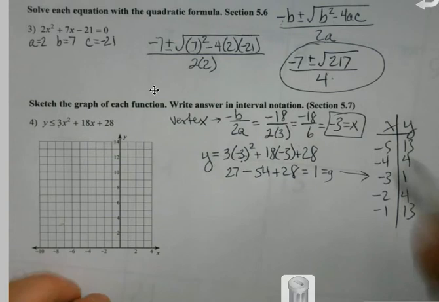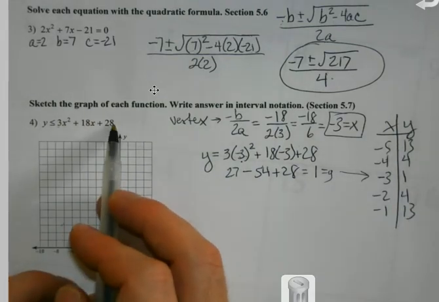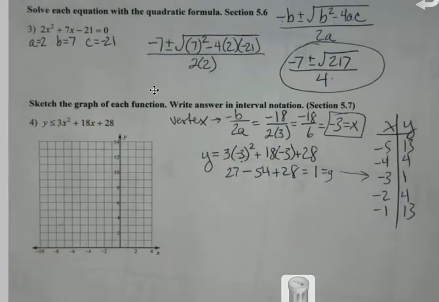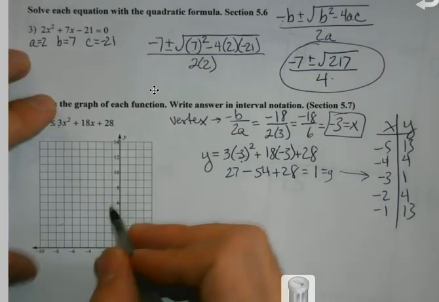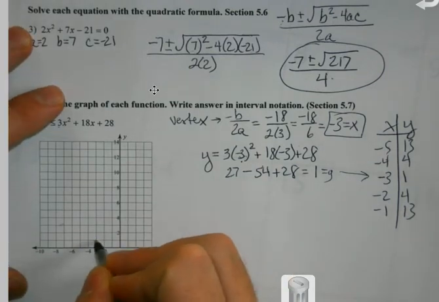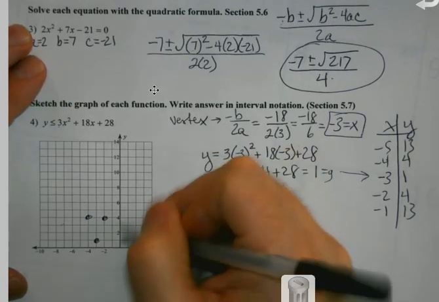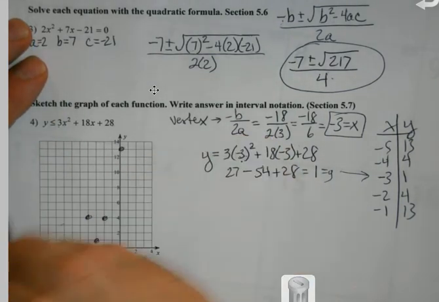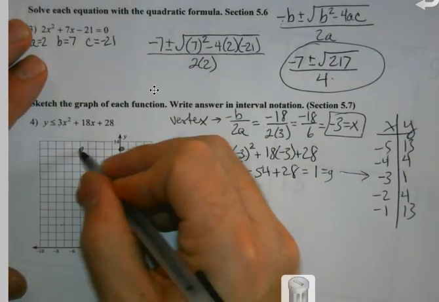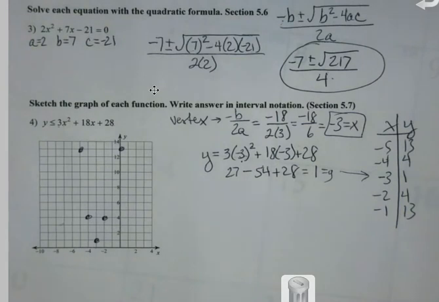And then again, I would just plug some of these other values into this to see what my other y values were. So it's not like it's impossible. So -3, 1. And again, I know this kind of, oh, I do have room. I was smart. Okay. So I get these on here. Now look and I say, okay,